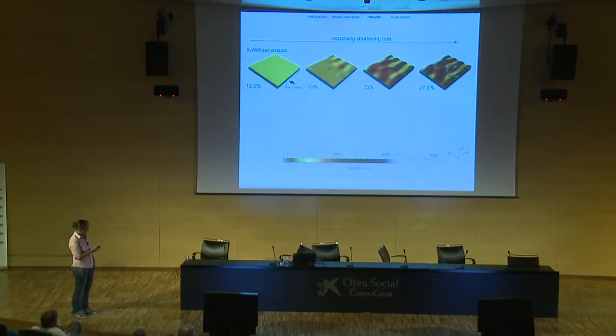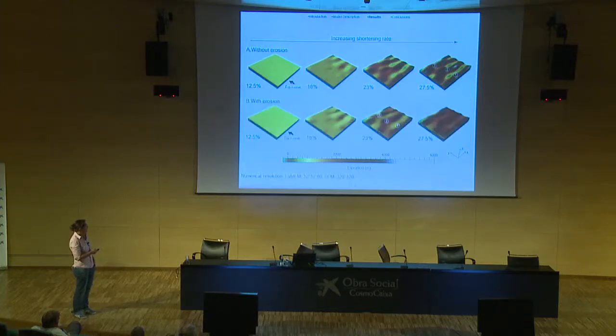So, for low resolution, of course, we have 3 main quasi-cylindrical folds that develop. And when we add erosion on top of it, without prescribing any slope, we don't see much difference. The fold locations are exactly in the same place. It's slightly enhanced, and it seems that between 12.5 and 18% of shortening, we have probably some buckling occurring a little bit earlier in the case of erosion.